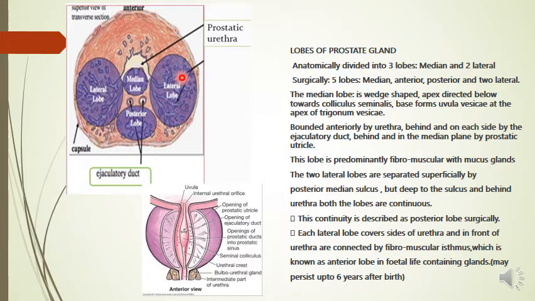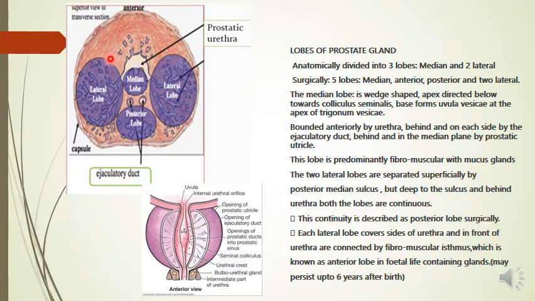And each lateral lobe covers the sides of the urethra. So in the median plane, this one is the urethra here, and each lateral lobe covers the sides of the urethra and they are connected by the fibromuscular isthmus. Here the fibromuscular isthmus is there, these two,